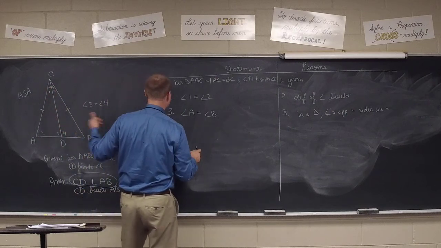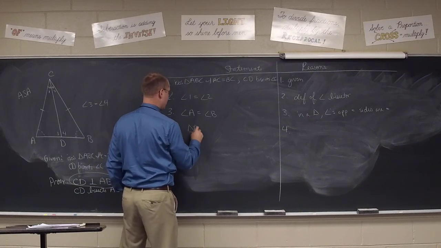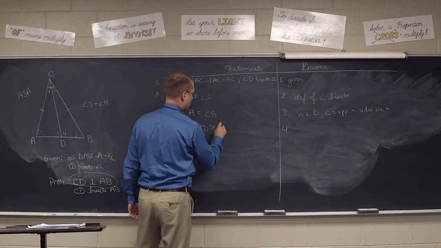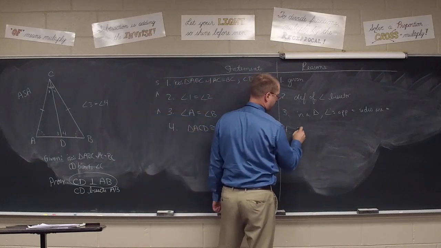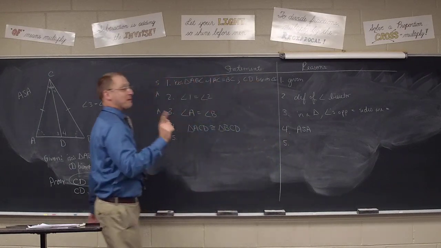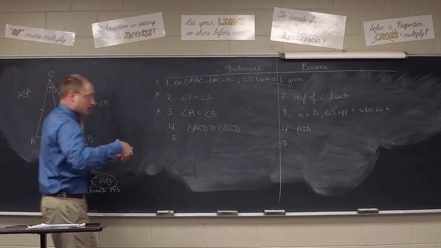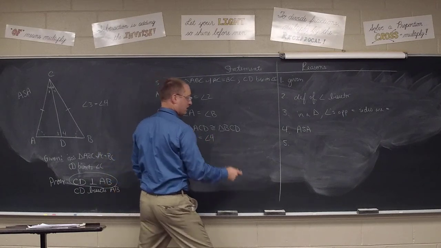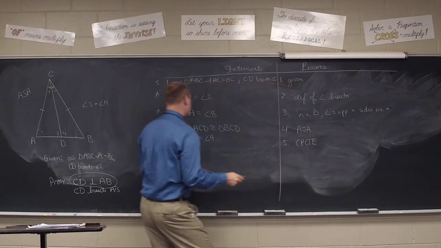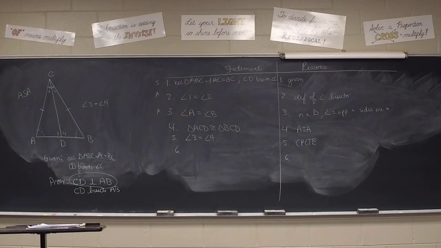So number 4, let's state that the two triangles are congruent. Abby, tell me what to write. Triangle ACD is congruent to triangle BCD. And the reason you said, ASA. Because these two triangles are indeed congruent, I can get 3 and 4 to be equal to each other by CPCTE. And since 3 and 4 are equal adjacent angles formed when two straight lines intersected, that makes 3